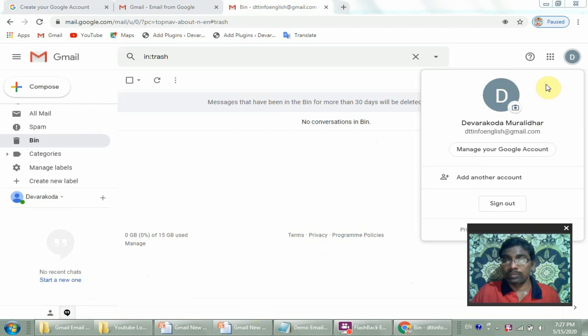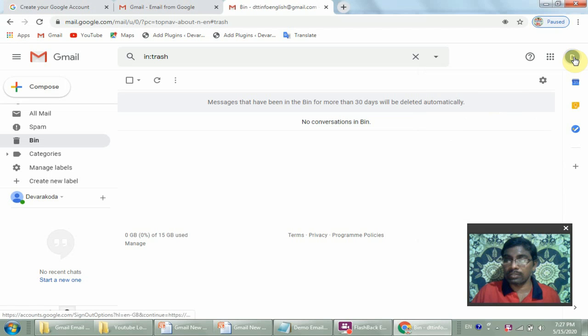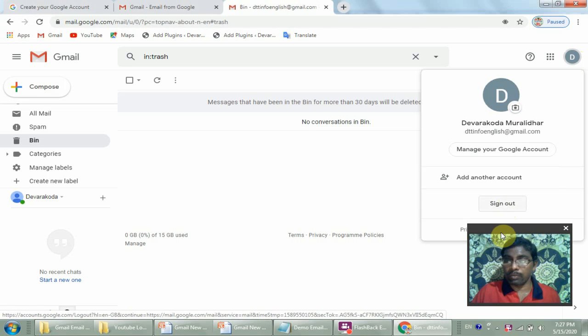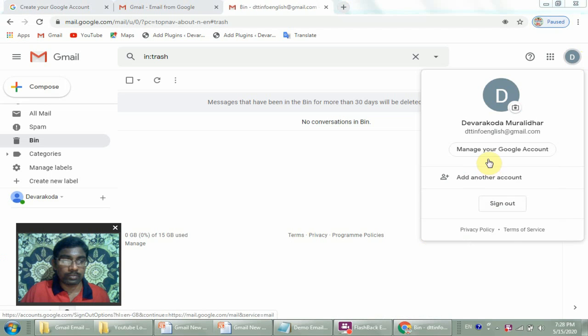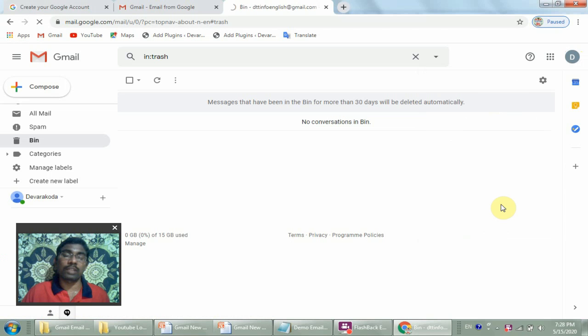Now I am going to close this Gmail account. Just click on this account circle button, and then you can see the sign out option. See, friends, I am moving my picture here. So click on this sign out button. Don't forget to sign out or log out of your Gmail account when you complete your work.